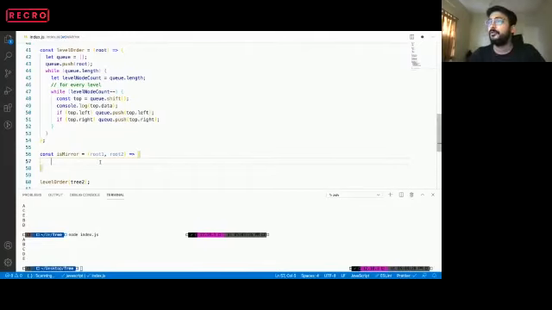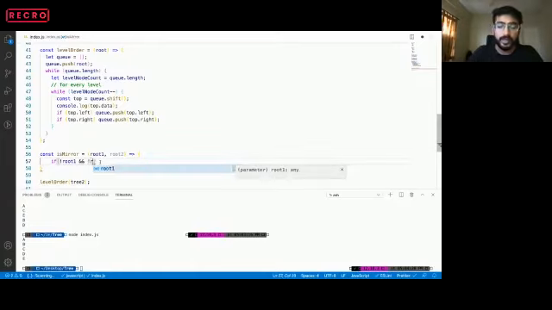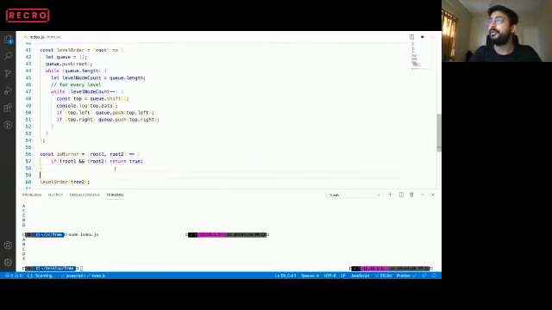First, try to write the base case. If there is no root 1 and there is no root 2, then we will return true, isn't it? If both roots are null, basically they are mirror. And what can be the other base case?